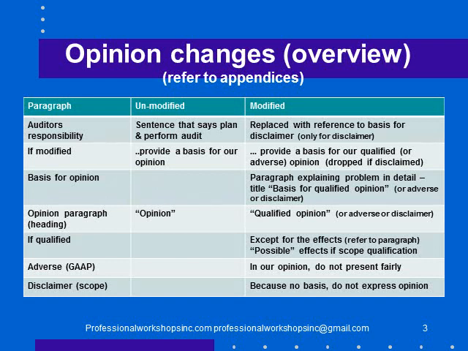If it's adverse, statements are not consolidated, every number is wrong, we would say, in our opinion, the financial statements do not present fairly. We know they're completely wrong. If it's a disclaimer for scope, we say, we have no basis and we express no opinion. We have no basis to give any kind of opinion at all, so we're not going to give you any kind of assurance of any kind. We say we have no basis. We do not express an opinion.